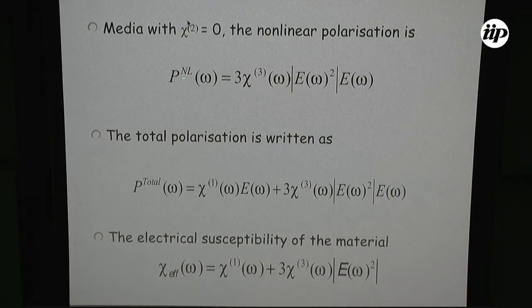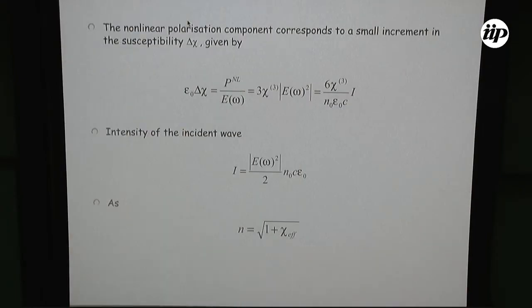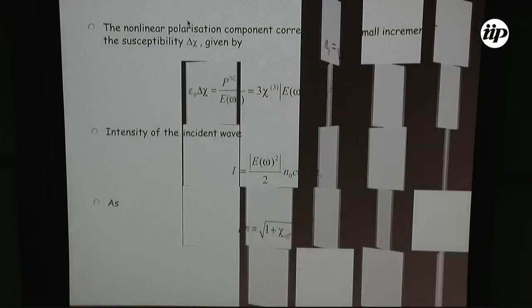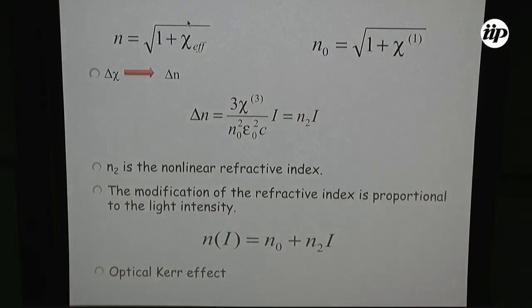Well, so the nonlinear polarizability now is the one with chi3. If you have chi2 equal to 0, in this particular case where you have spherical symmetry, the total polarization may be written like this, with the first order and the third order susceptibility, the effective susceptibility of the material, and you can have mainly the intensity here, which is proportional to the square of the electric field, and the index of refraction is now different, and this effect is named the Kerr effect,